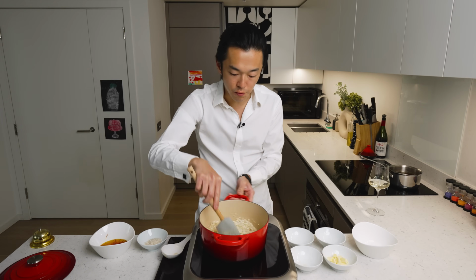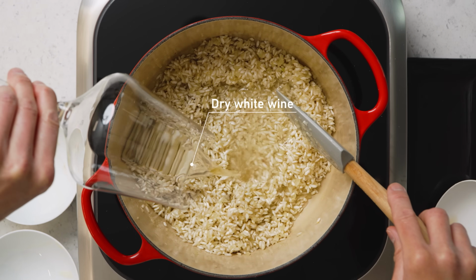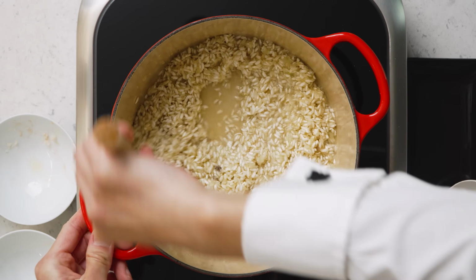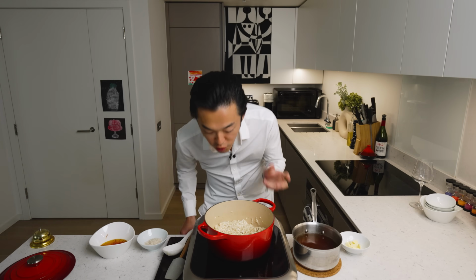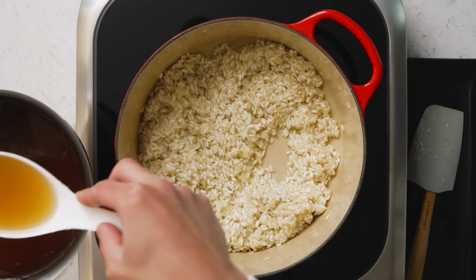Once everything's beautifully coated, we add our dry white wine for acidity to balance the richness of the dish. And we cook out the alcohol to remove the harshness. Once you can no longer smell the alcohol, we start adding our stock, following the classic approach of one ladle